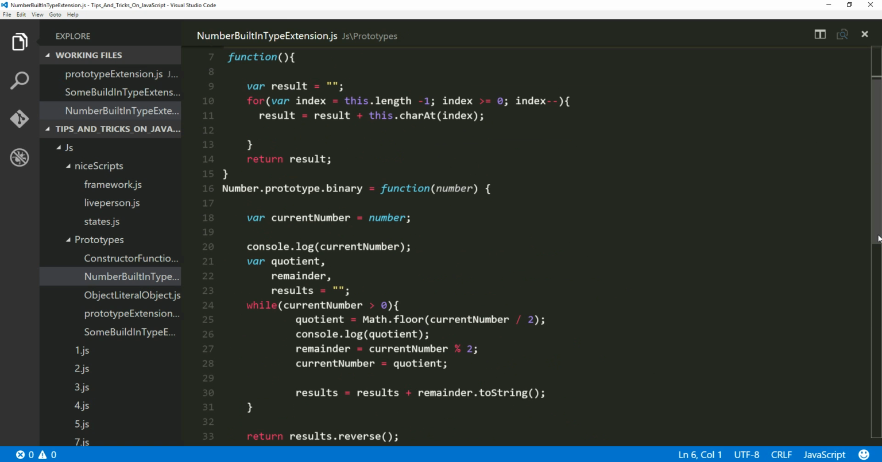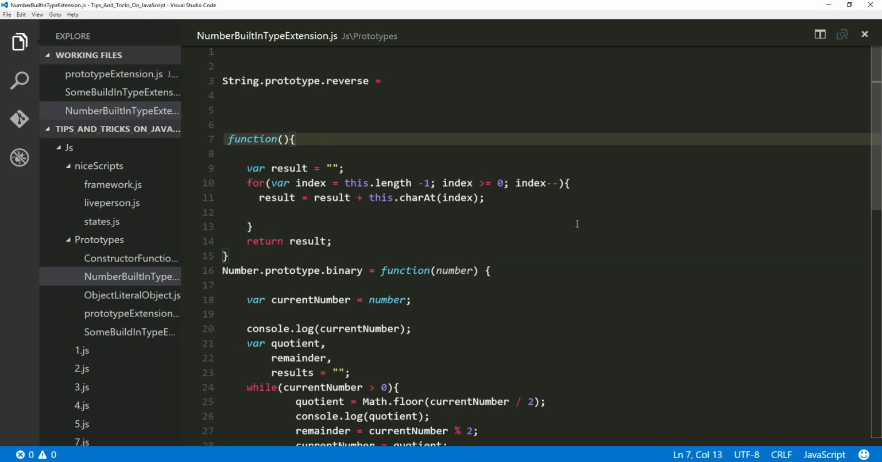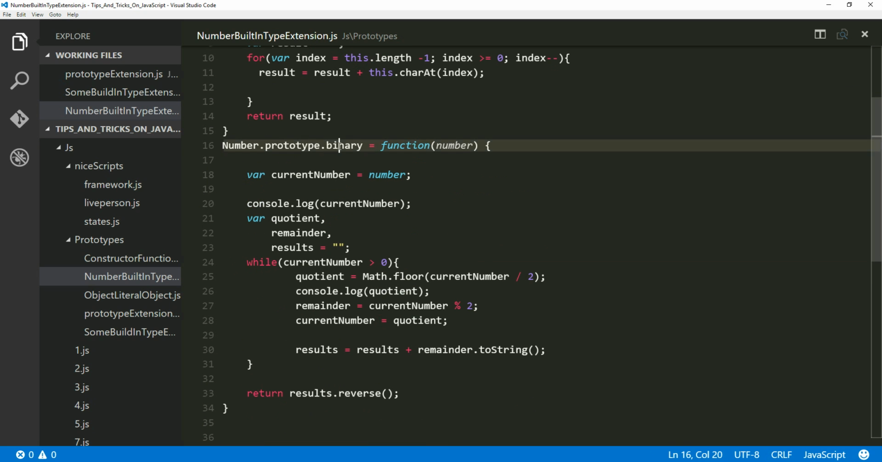I will tell you why I had to write one more reverse method for my string: I couldn't find a built-in reverse method, so I had to write it. But the need for this one, I'll show you why. When I wrote this method called binary, my idea is that I'm trying to convert any number that is given. For example, here